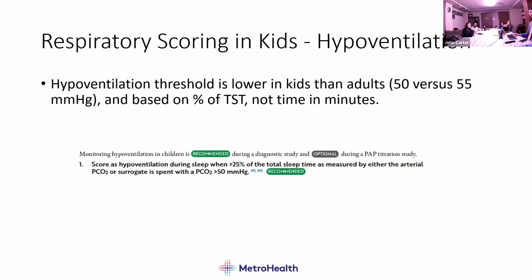Having said that, when you do see hypoventilation in kids, it's more common to be obstructive hypoventilation than a neuromuscular or respiratory drive type of hypoventilation. You'll see these sleep studies with constant flow limitation, maybe not many events, but constant flow limitation, impairing gas exchange at the level of the alveoli, and you'll have these 50, 51, 52, 53 CO2 levels. That is not necessarily a kid that needs BiPAP or a trach. You take the tonsils out, eliminate the obstruction, and that kid is probably going to stop hypoventilating.